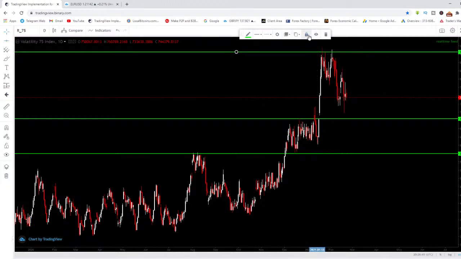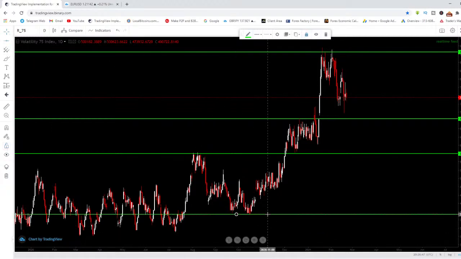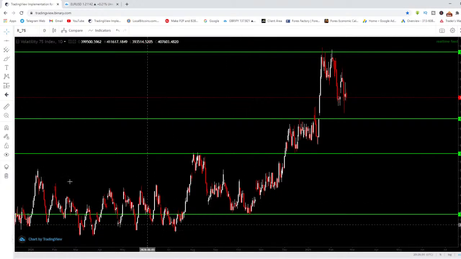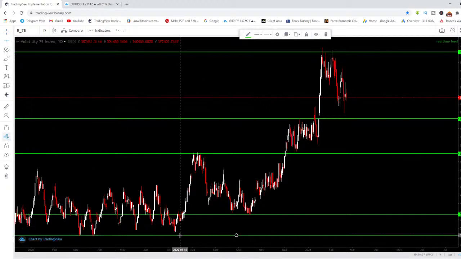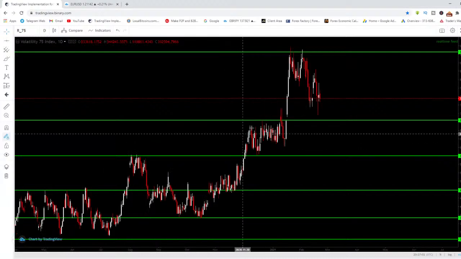You see that? So those are some of them. There's another one around this area as well, and also around this zone. So this is support and resistance level on the daily time frame, though it is much,